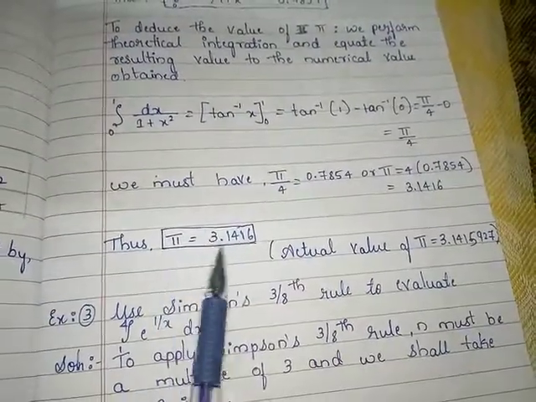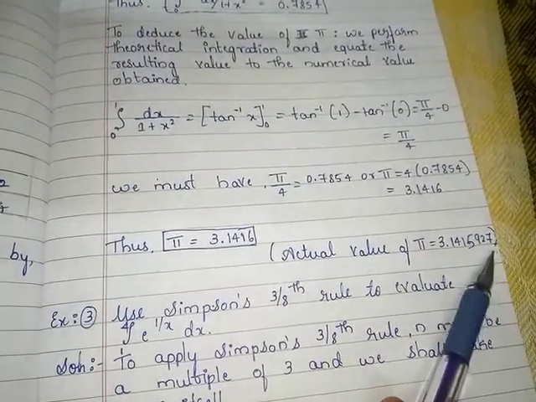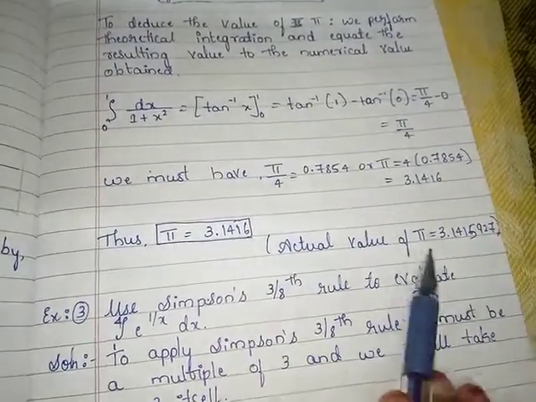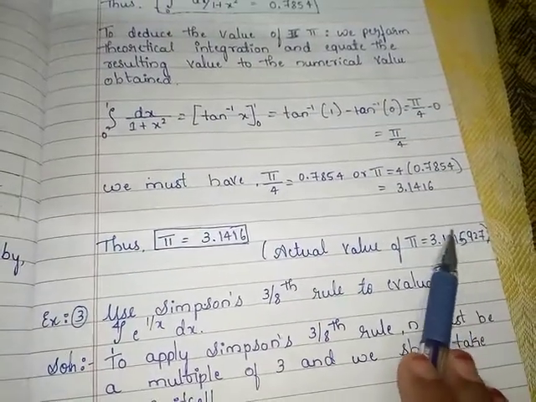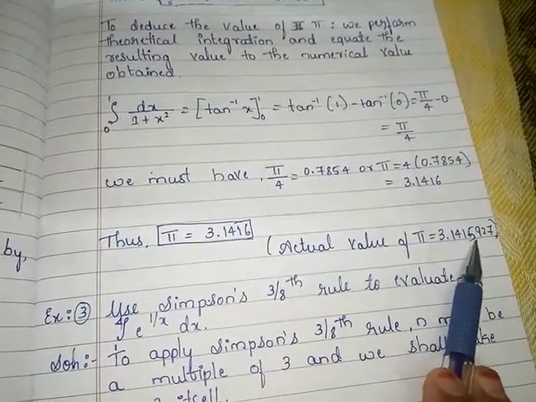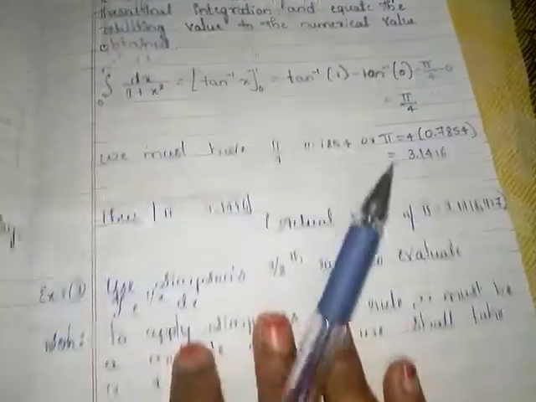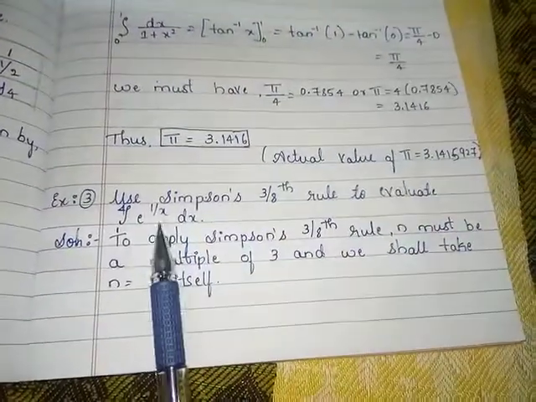Therefore the pi value is 3.1416. The actual value of pi is 3.14159. Here we are taking up to 5 decimals, it will be 3.1416. Next example,